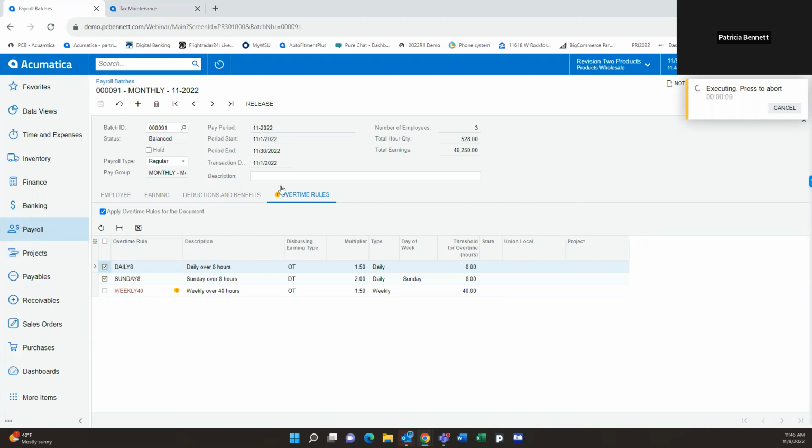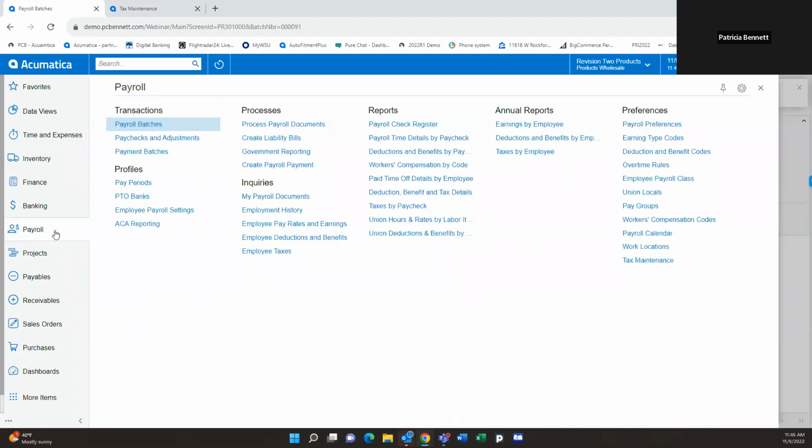Processing payroll in Acumatica is very easy, as long as you have the setup correct. And again, Acumatica is very finicky about people making changes to the setup once the batch has been created. In most cases, it will not change what was brought into the batch, and you would have to delete that employee from that batch and create a different batch for that employee or recreate the entire batch again, depending on the situation. Once you've created the batch and released it, then we're going to go to process payroll